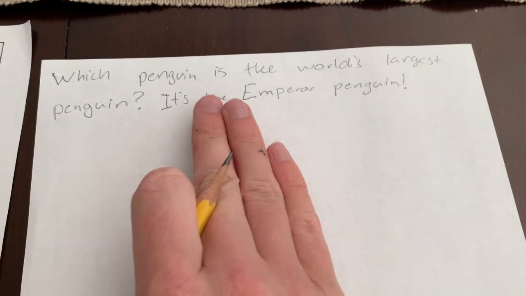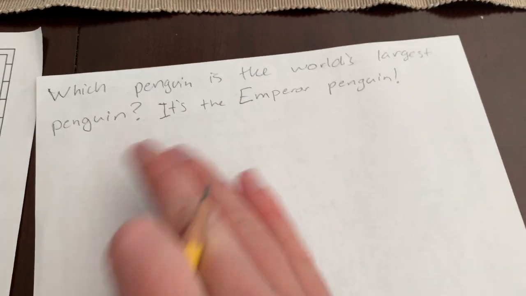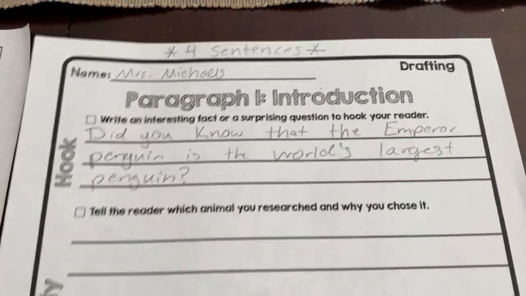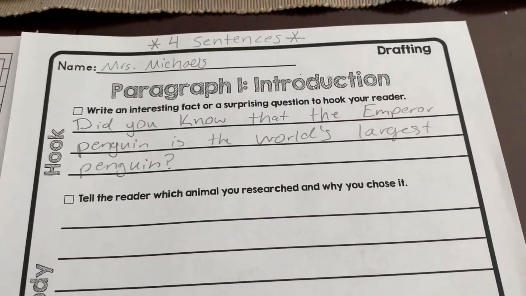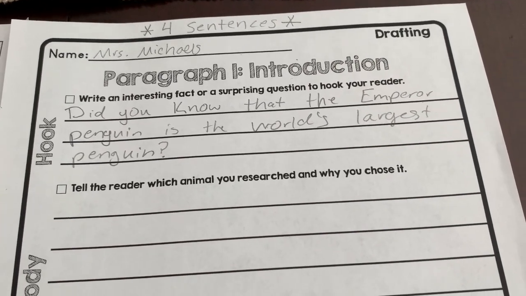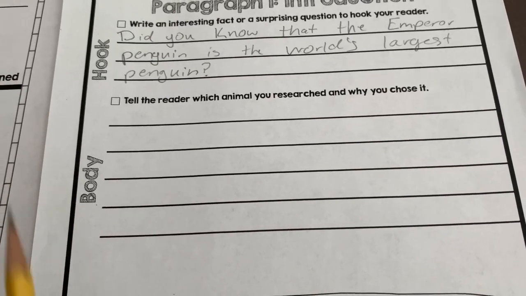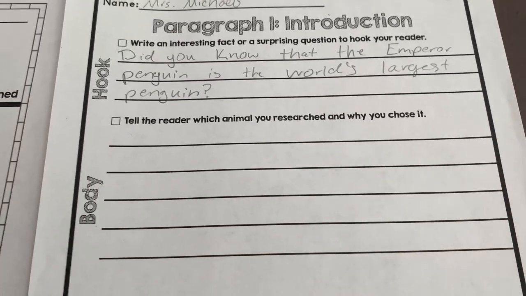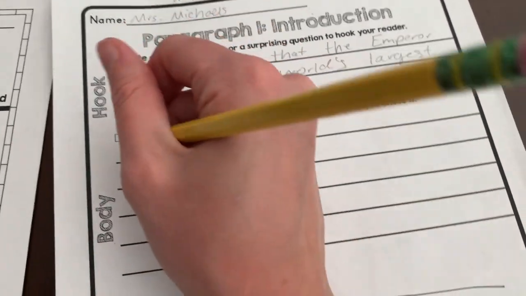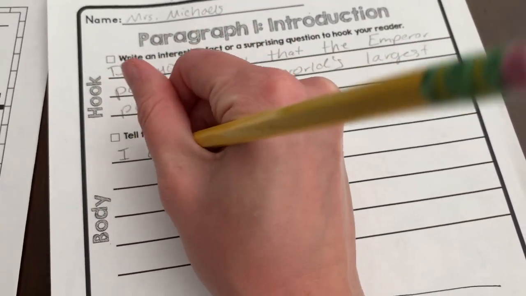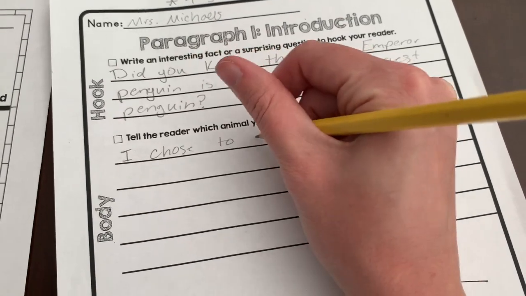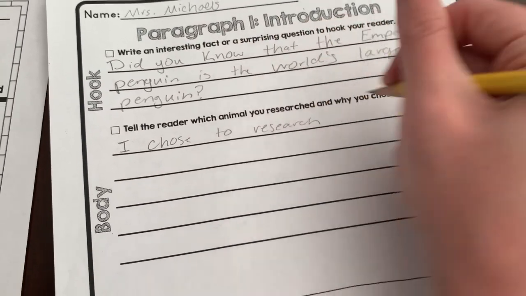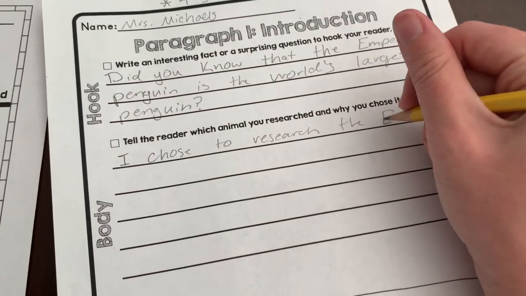So, two options. Ask my reader a question, try to make them guess, or ask my reader if they already know a fun fact about my animal. The next thing I'm going to do is move down to the body of my paragraph, where I tell the reader which animal I researched and why I chose it. So I'm going to say, I chose to research the emperor penguin